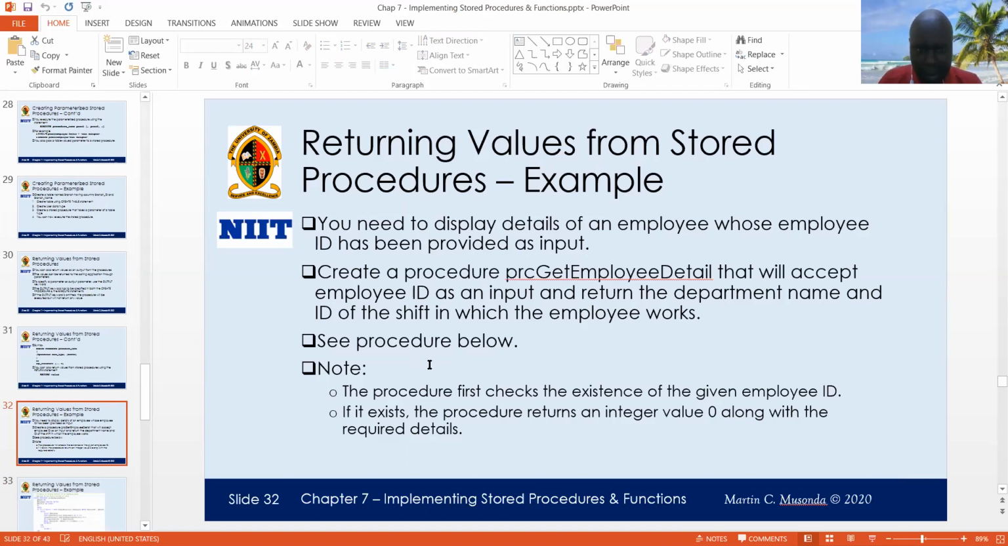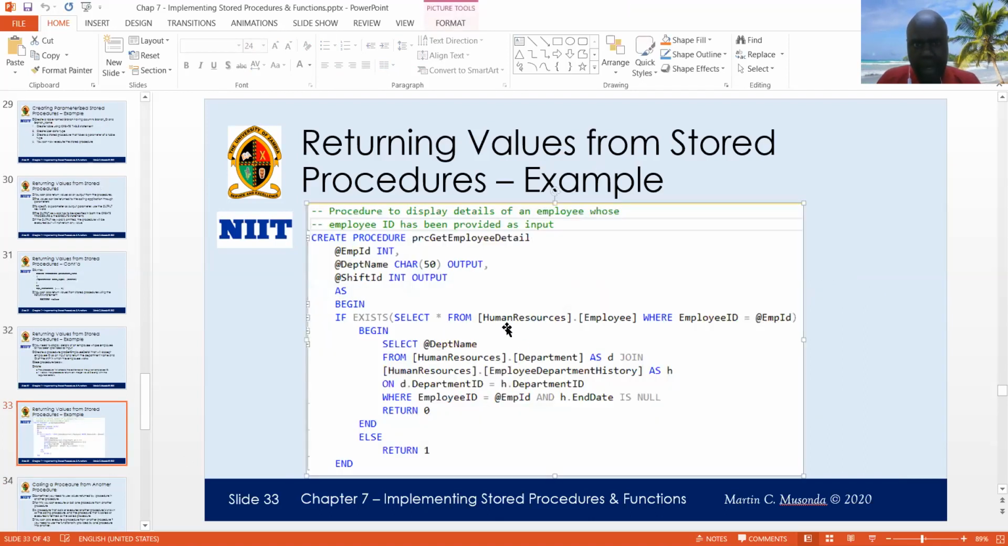Okay, so I have got an example, which is here. And I'll just leave it to you to go through. And if you have problems, then we can discuss. But basically what we have is the create procedure statement being used to create this procedure called PRC get employee detail, and it has a number of parameters. There's employee ID, imp ID as integer,